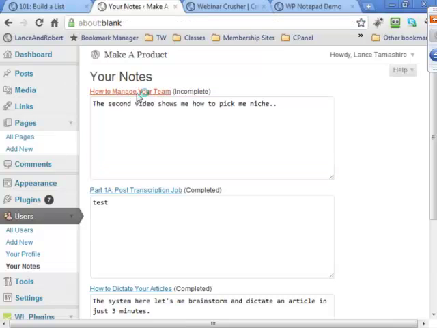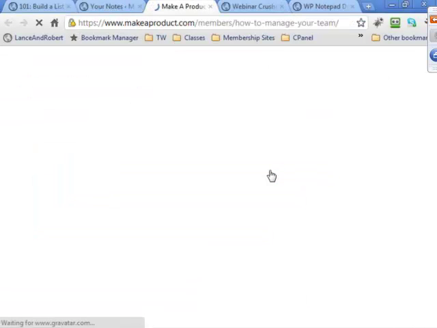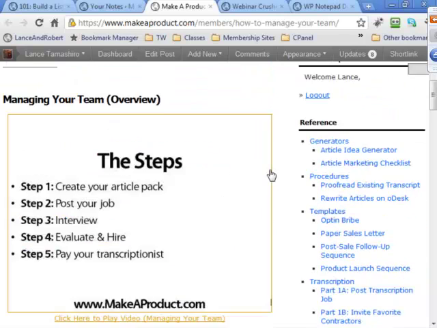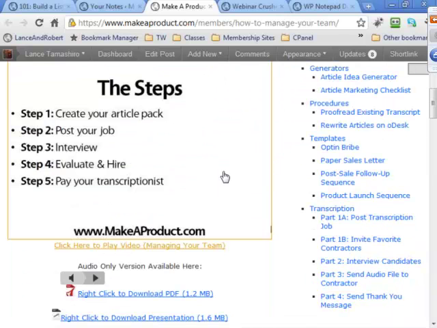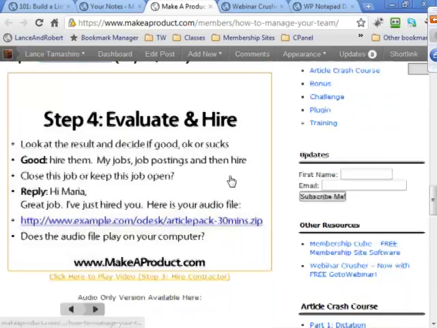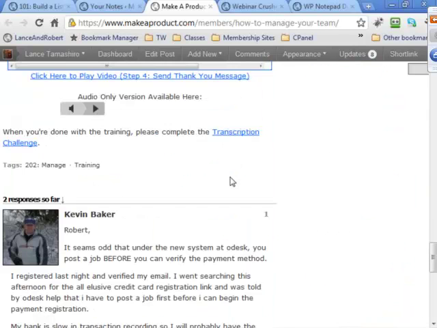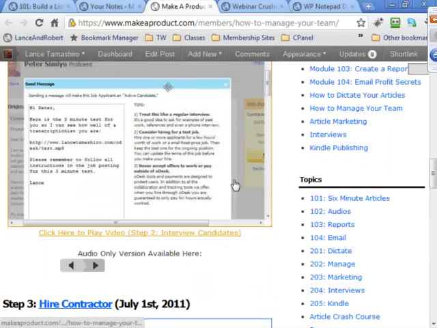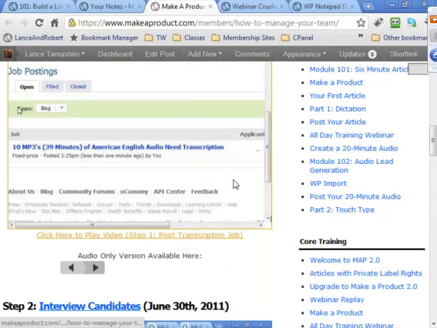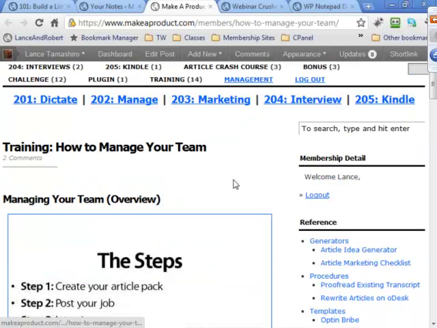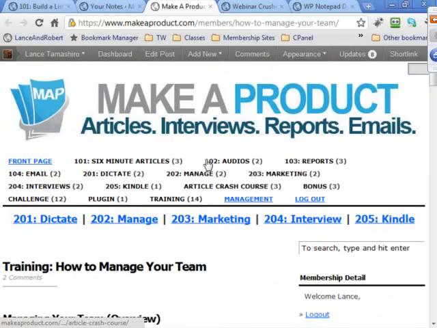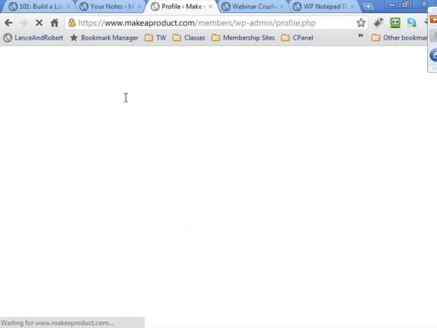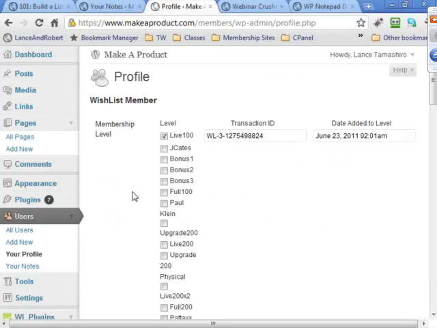So if I go to how to manage my team and I look at it, you'll see, let me go down at the bottom where the notes are, oops, where is it on here? Maybe this one was from before we added the new one. All right. We might have set it to hide it on this page. Yeah, it is. And we'll show where we do that in a minute, because Teresa's already asking about it.